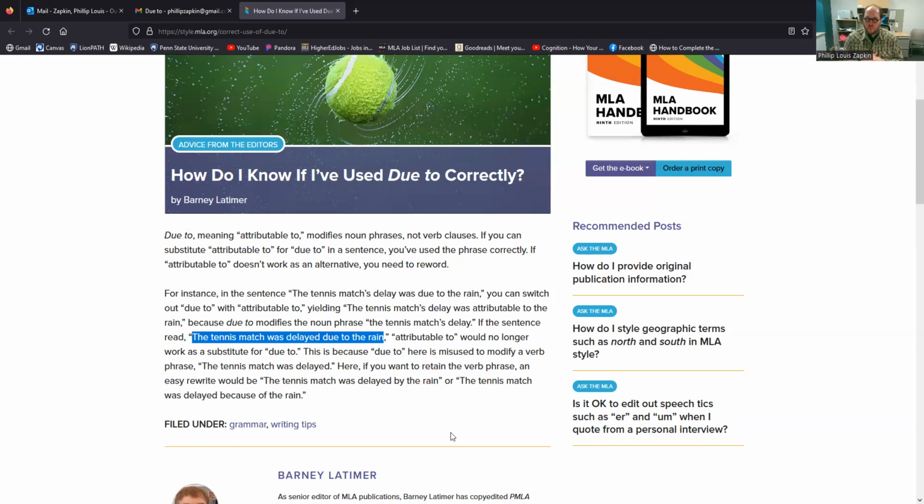There is a value to grammar pedantry for an organization like the MLA, the Modern Language Association, because one of the things that they do is say, here are the guidelines for people working in English, in modern languages, in many of the humanities. Here are the guidelines for how to write and cite correctly. So they have some sort of vested interest in saying, this is correct, and here is why. But for most of us, I don't think this matters that much.